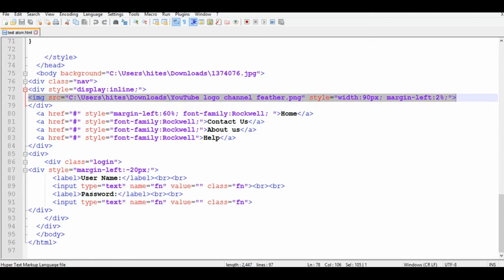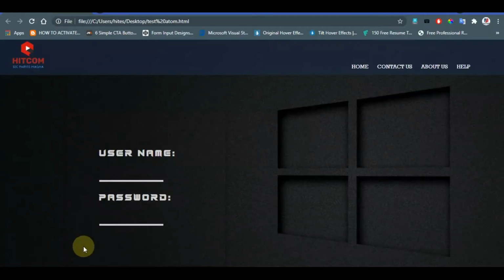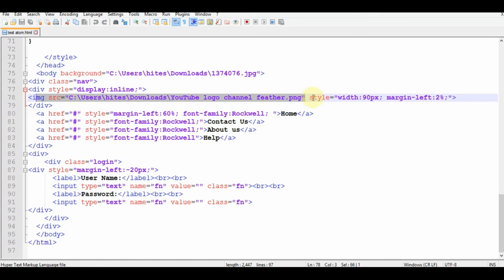So first of all you need to put the content, then you start to place it at any place you want. I have put the image here, you can see. You don't have to write this style here, you just have to put the image, and once your image is visible on your web page, then you can put the style and set the width of your photo.